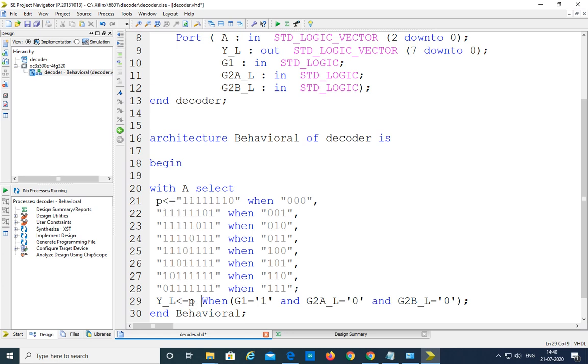The output Y underscore L is obtained when G1 is equal to 1, G2A underscore L is equal to 0, and G2B underscore L is equal to 0. That is when the IC is active or enabled, then only the content of P is transferred to Y underscore L. It indicates that only when enabled the output is going to be produced. So that's why we are storing these outputs first in the dummy variable P, but we didn't declare the P here.